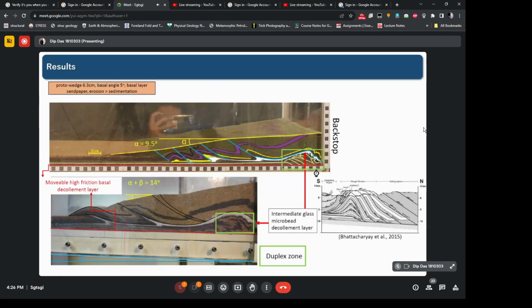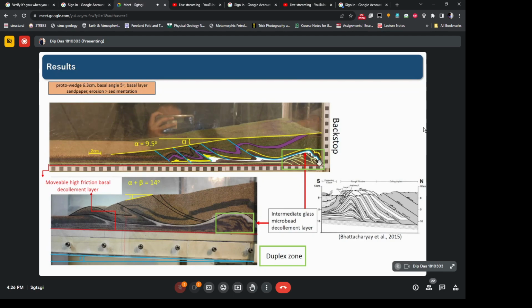And finally, what I got is this kind of structure. Here I was able to simulate the duplex structure. The glass bead acted as a roof thrust, and there is overthrust as well as underthrusting here. But the limitation of the model is, as you can see from these two diagrams, that our duplex structure